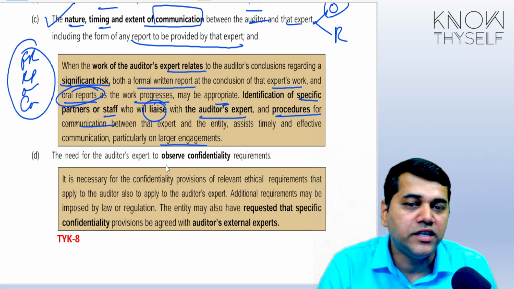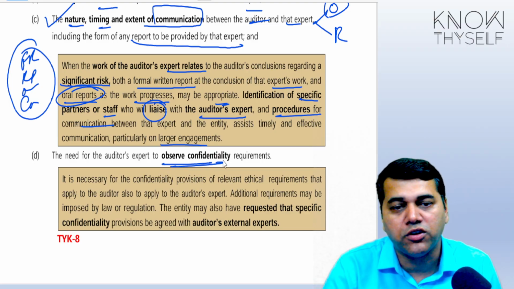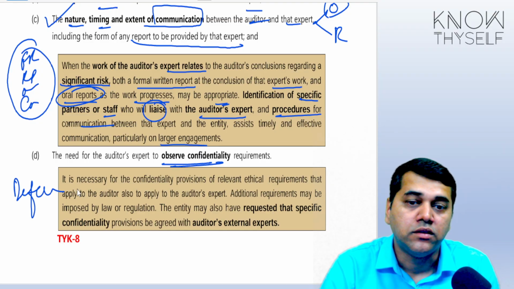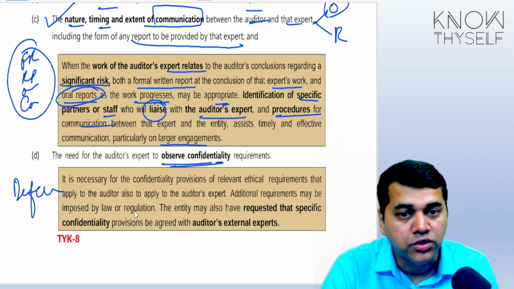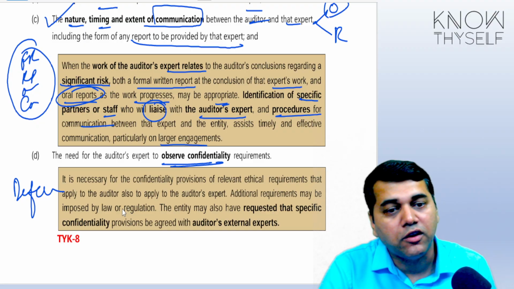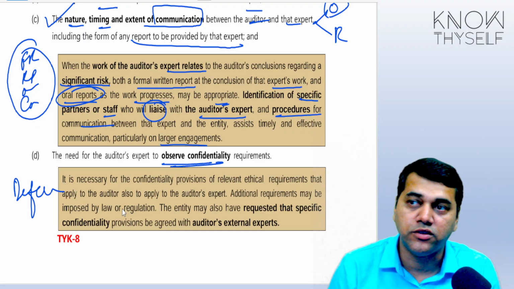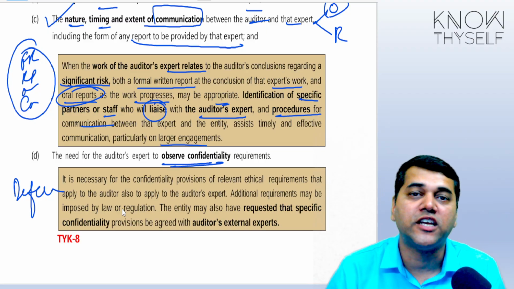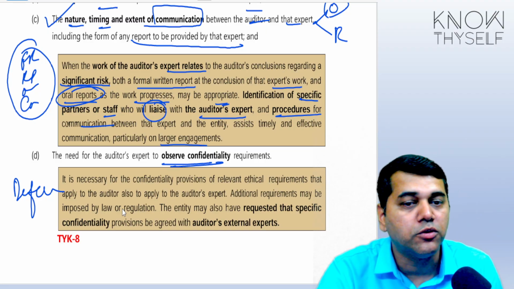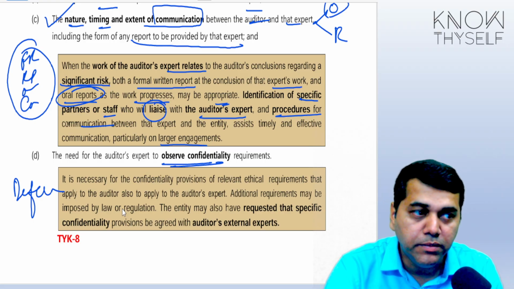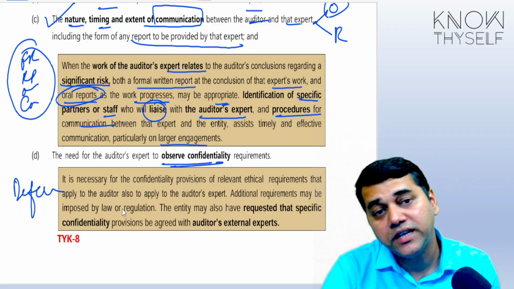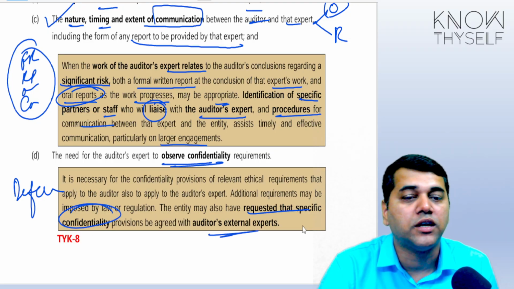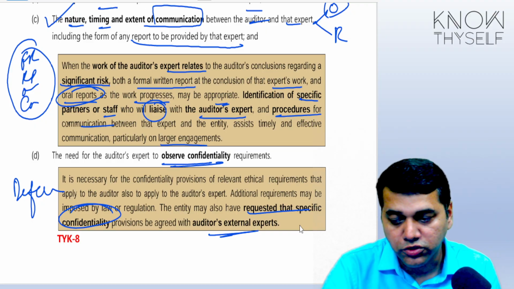And the last thing, the need to observe confidentiality, because now a lot of information, students, is involved, particularly if you get the audit of a defense company and all. A lot of confidentiality has to be ensured, because somebody gets a lot of access to the books, like your documentation, your client's documentation, their data, their sensitive data. You are bound by confidentiality as per ICA professional ethics, but if that expert is also bound, that's why we have to check, do they belong to any professional body? Is there any standard applicable to them? So you have to have a confidentiality agreement with the expert, that all the data the expert is going to get will be kept confidential.